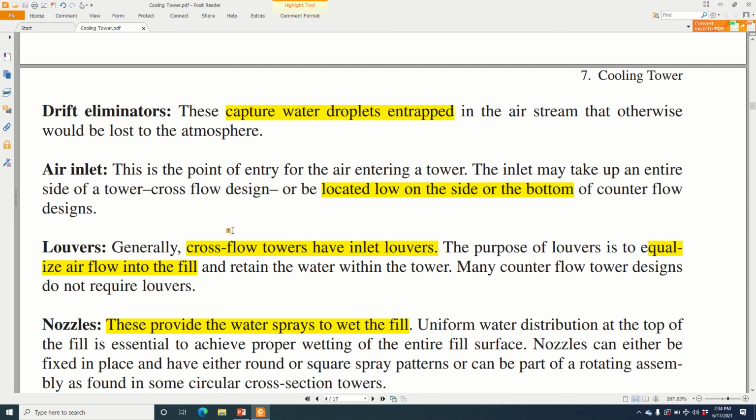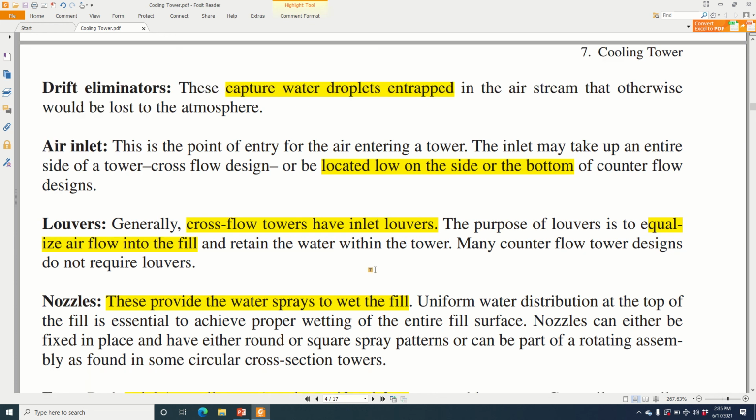The next component is called louvers. Generally, cross flow towers have inlet louvers. So louvers are only found in cross flow towers. The purpose of louvers is to equalize airflow into the fill. So basically its purpose is to distribute the air equally into the fill in cross flow towers. So they are not used in counterflow